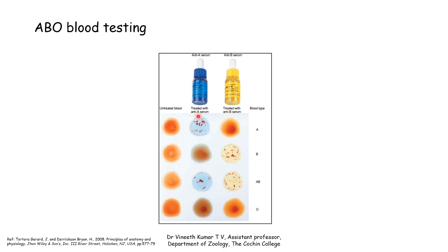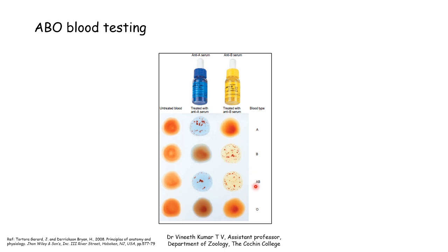Next is the B blood group, the same thing. In untreated, you do not see a change because you are not adding anything. In blood group B, if you add anti-A, there is no clumping because there is no A antigen. And because you have antigen B, the anti-B serum, which is the antibody that reacts to the B antigen, will give you RBC clumping or lysis, and that will be visible like this.